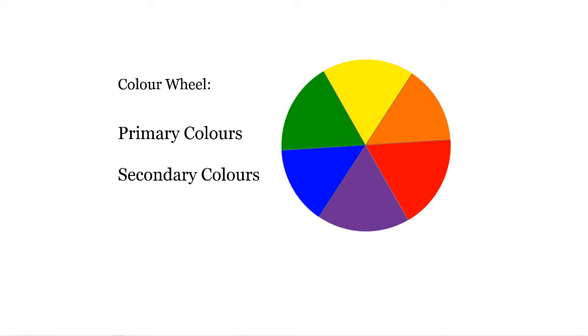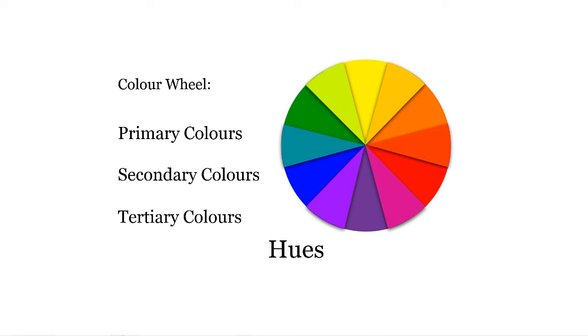I'm pretty sure by now you get the picture where we're heading if we were to mix both the primary and secondary colors. Yes, you have graduated to a tertiary level. In this case, tertiary colors. These colors are called hues. And then there are the other color terms like tints, shades, and tones. And we shall cover that in the later part of the series.